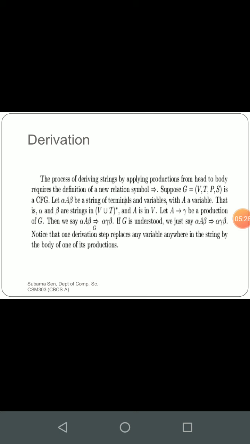So whenever we see this arrow, what does it mean? From one particular symbol we can generate this. So that arrow means that by replacing this variable we can generate these terminals, or the combination of terminals and variables. Now suppose this is the grammar given, the standard definition of CFG, that is V, T, P, S, and we are